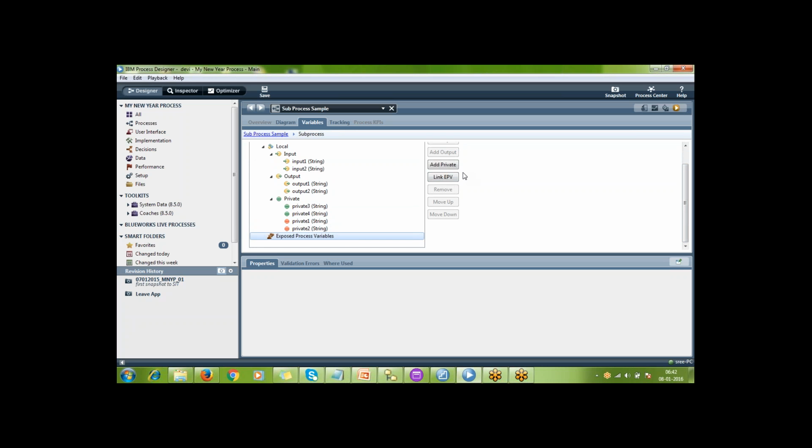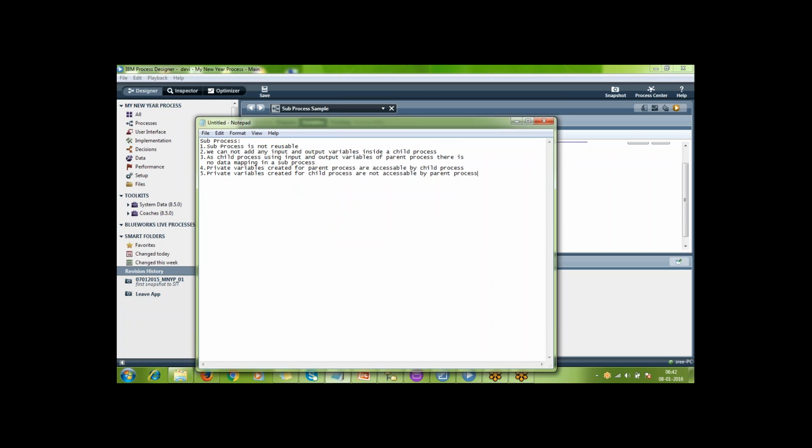That means the EPVs linked in the parent process are not accessible to the child process. If the child wants any EPVs, the child process has to click on link EPV again. So the next observation: EPVs linked in the parent process are not accessible to the child process.